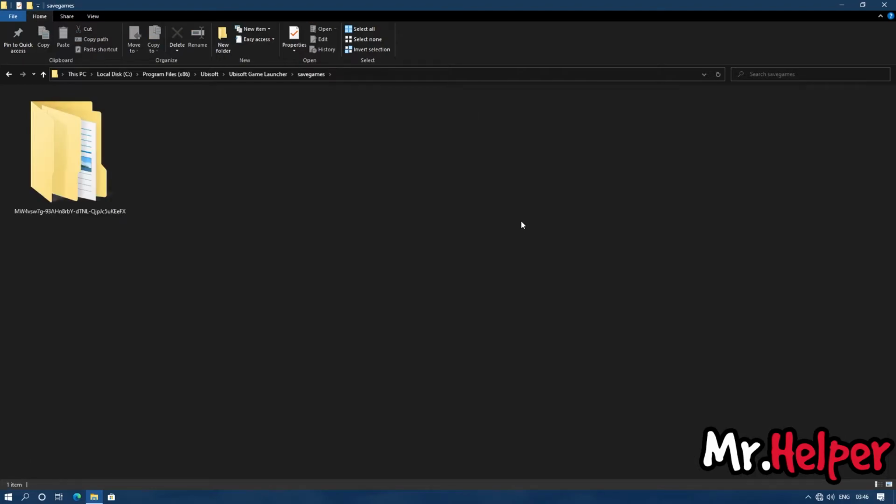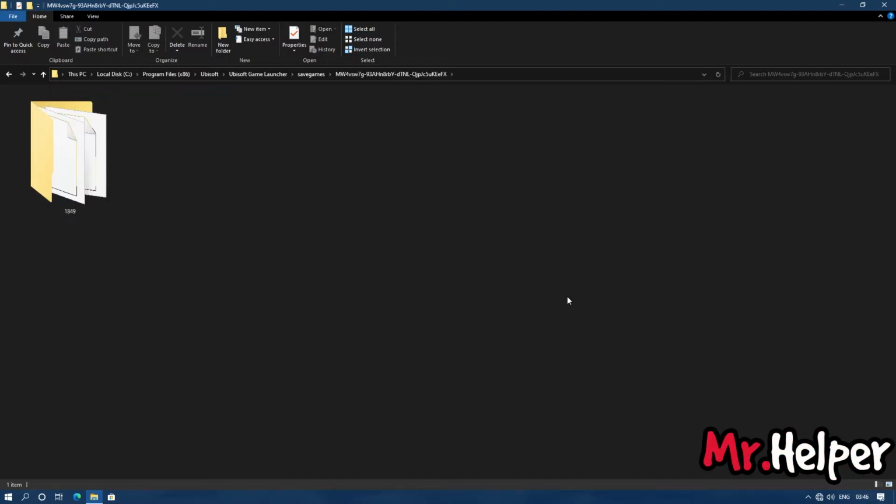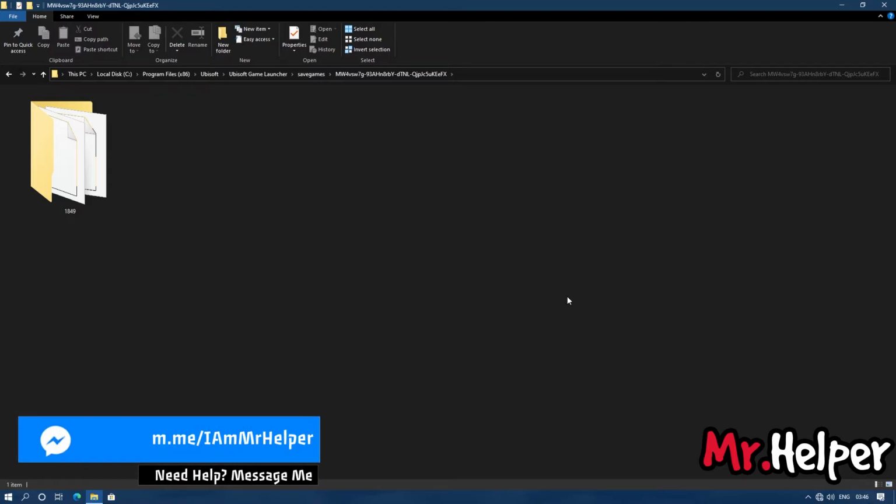Open it. Now inside this Save Games folder, you are going to find a folder with a random name. That's not a random name, that's your UBI Soft Connect ID. Open it. Now once again you are going to find another folder inside this folder, and this time the folder name will be 1849. Open it.